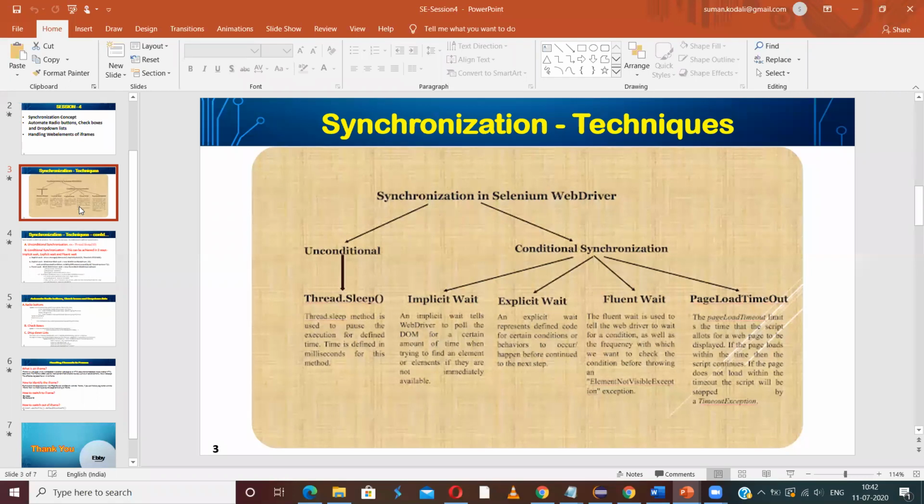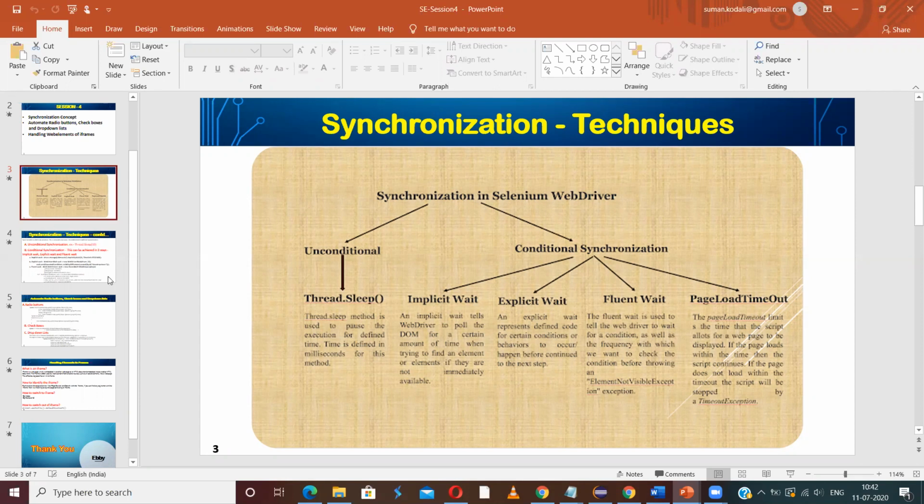So the explicit wait not only just waits, it also considers the status of the web element. And page load timeout is just till the full page is loaded. It waits for a certain amount of time. We have to mention that time.